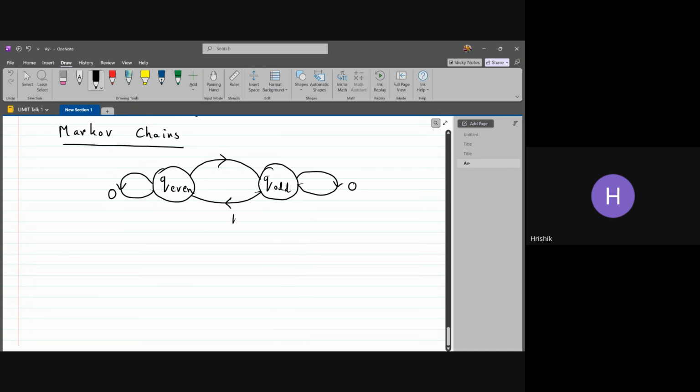This was our automaton. Now, if we add a probabilistic angle to this, like for example, you have a coin and you toss it, take an unbiased coin for now. So you toss that coin. If you get a heads,